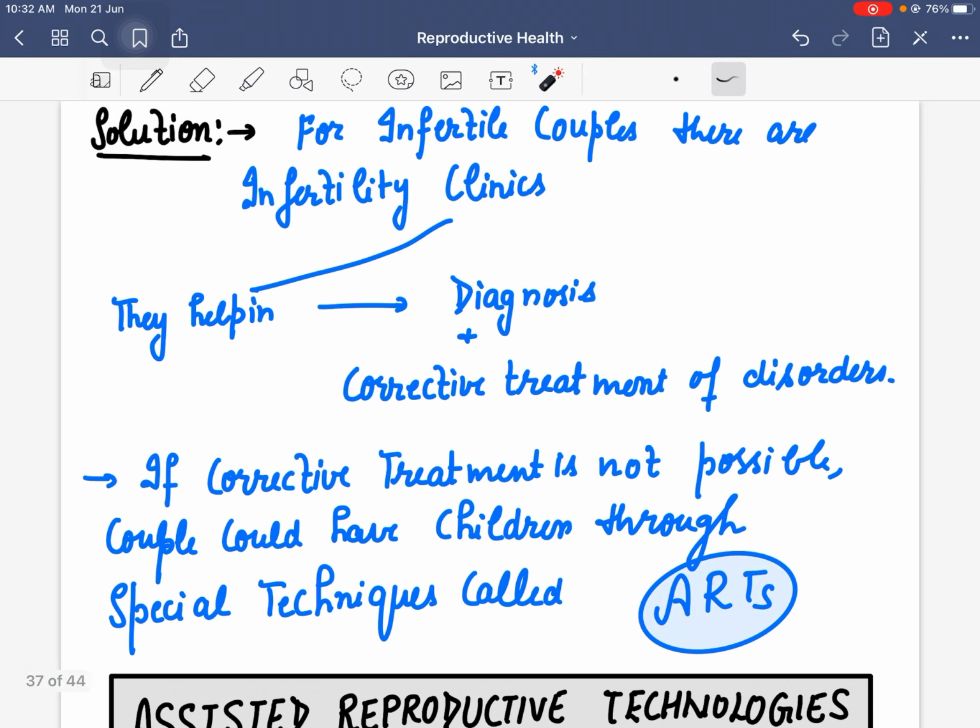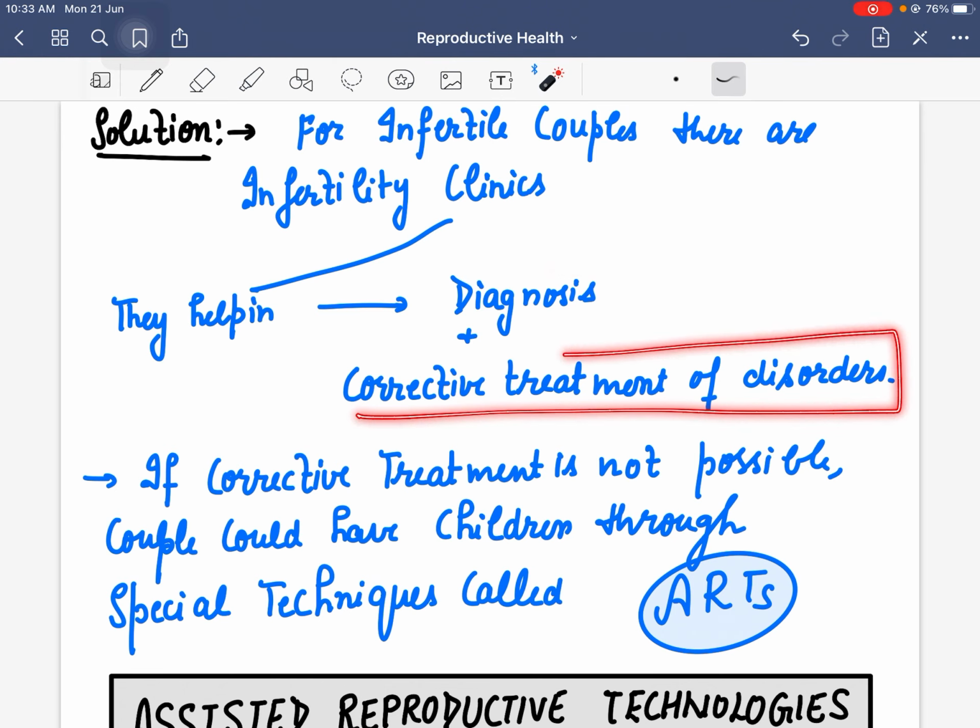So what is the solution then? How can a couple have a child? For infertile couples, there are different specialized clinics these days. They are known as infertility clinics. They first help in finding the problem. They diagnose what the problem is, why the couple is not able to have a child. And then if there is a specific disorder which can be treated, then corrective treatment of those disorders is given